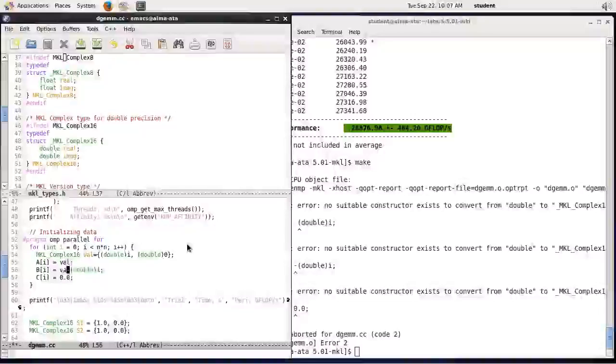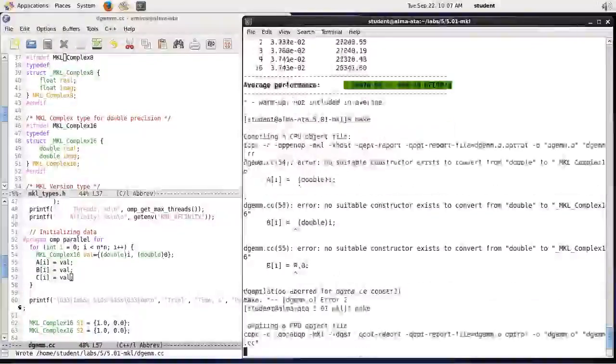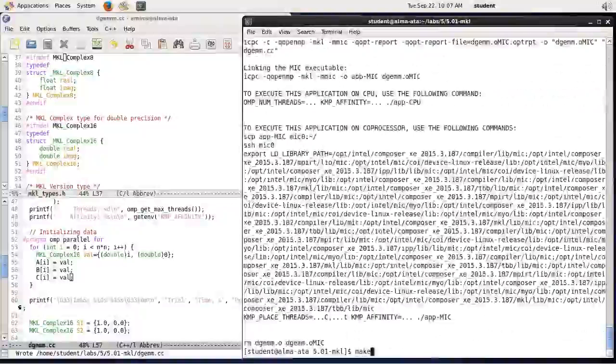I'll just set everything like this. This compiles,